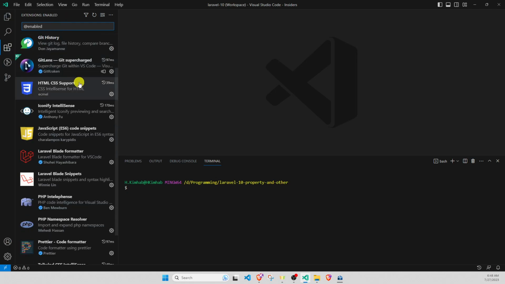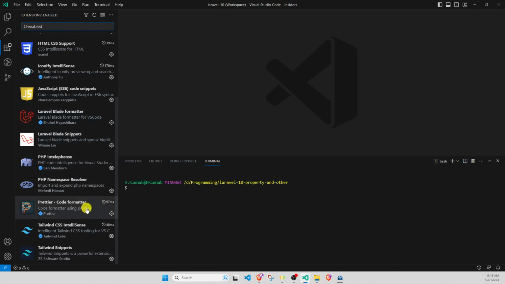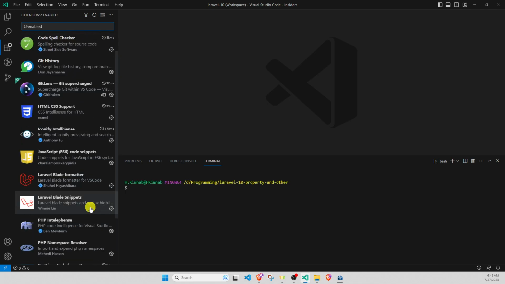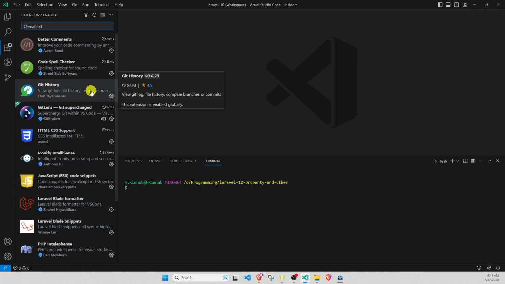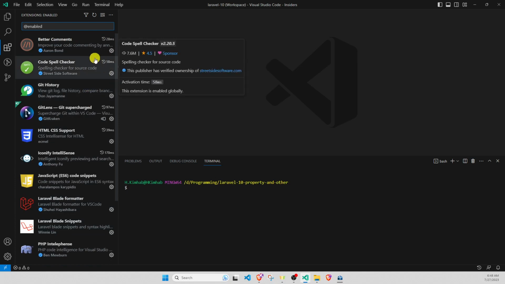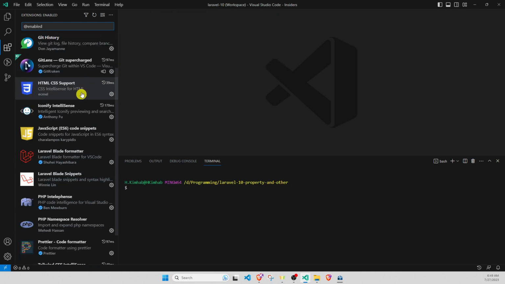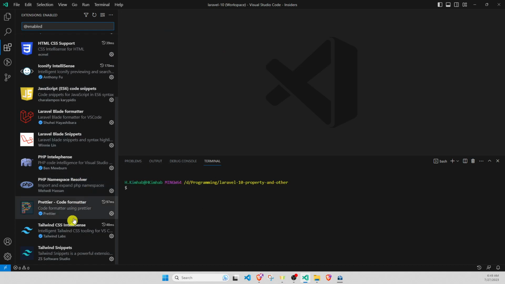Better Comments, Code Spell Checker, PHP. Okay, I need to summarize again. This is the extension that I use for PHP: Better Comments, Laravel, and